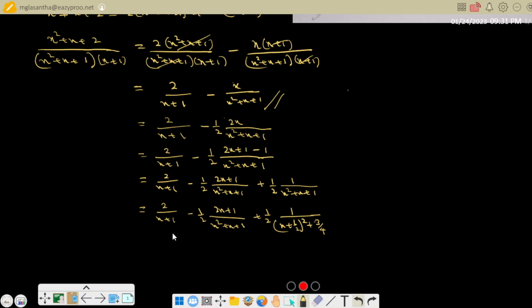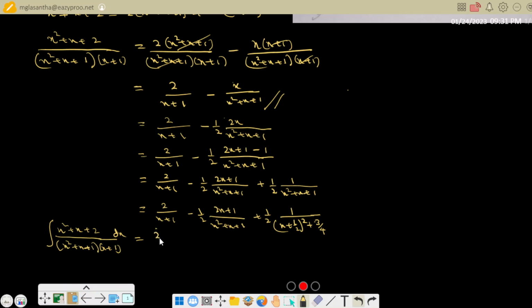Now this is in integrable form. Therefore the integration of this function, 2 over (x squared plus x plus 1) times (x plus 1) dx,